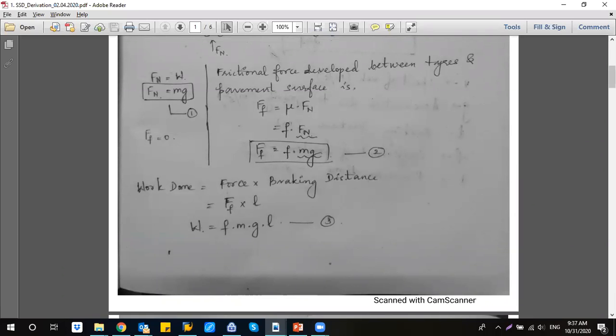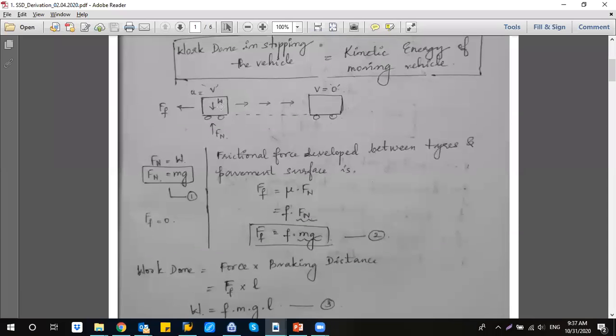What I've done here is equate the vertical components. You can see W is equal to Fn, right? Both of them have the opposite sign, so I've equated them like this. Now the weight, as you would have studied in your physics, W is equal to mg, mass times the gravitational acceleration. That's what I've indicated by this equation. I've just substituted the expression for W, given by equation 1.